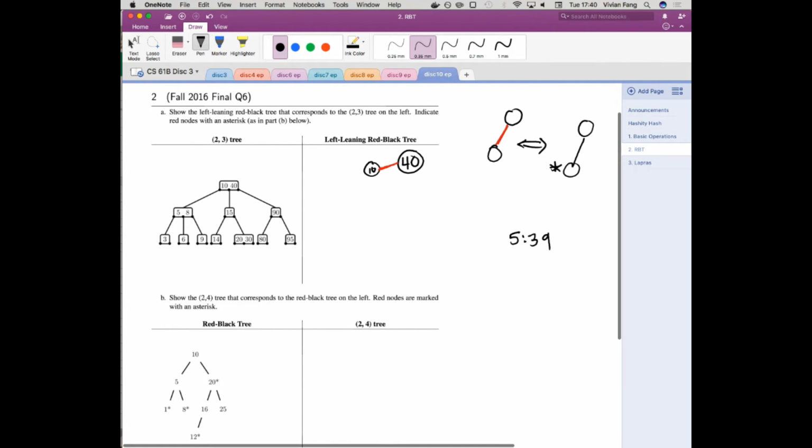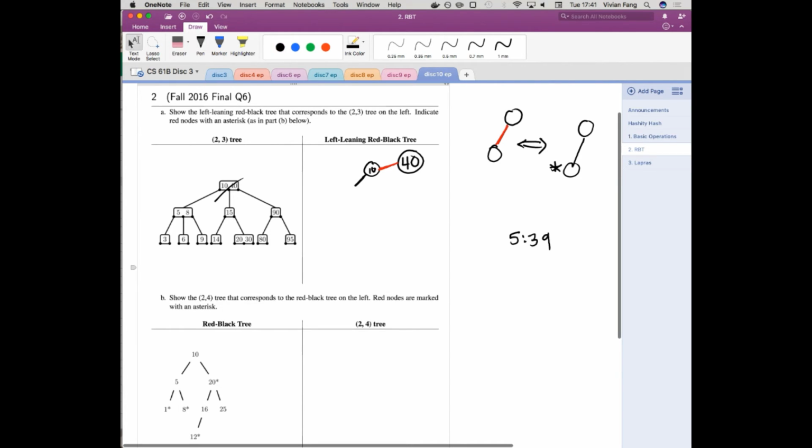So we have this 10 40 node, so we're done with that already. And then that 10 40 node has something coming out of the left side, which is a 5 8 node, right? Now, because this node is grouped together, what number should be here? Right, it should be 8, because we have a left-leaning tree.